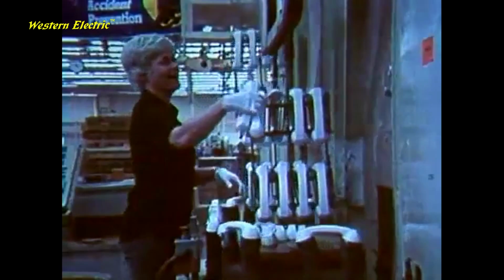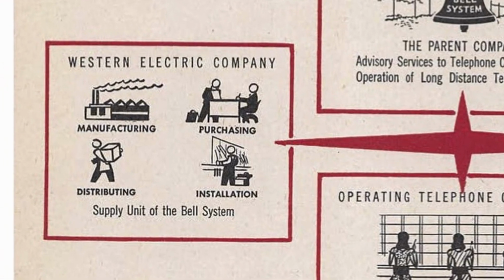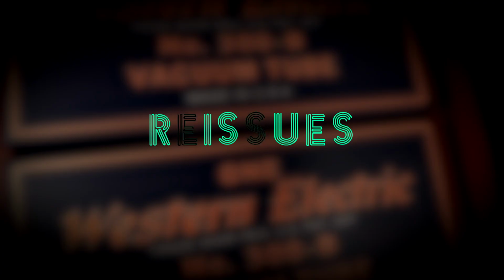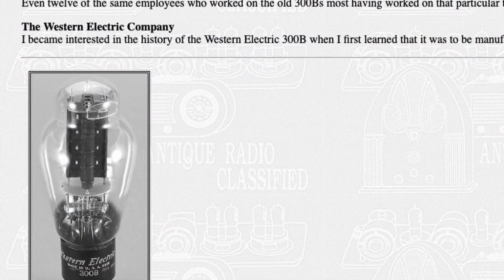But in 1984, the government stepped in and broke up the Bell telephone system, and when they did that, Western Electric was sort of spun off to die, and they did. By 1988, this tube was no longer being made anymore. Now, an investor in the mid-90s came along and bought Western Electric and the tube technology and began producing tubes for a while in 1997, and it won a bunch of awards back then. It sort of furthered the legend, but eventually they again stopped making these tubes,